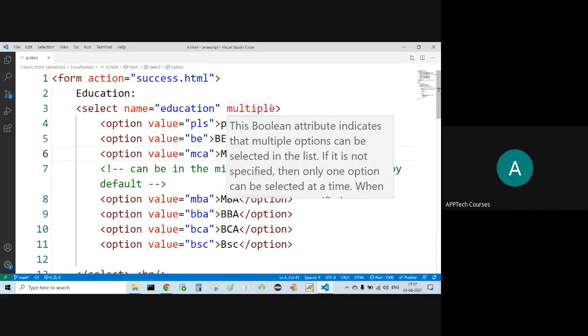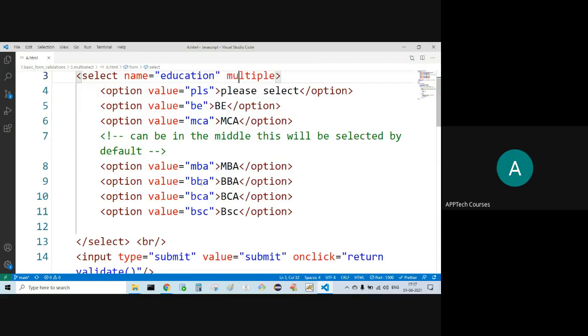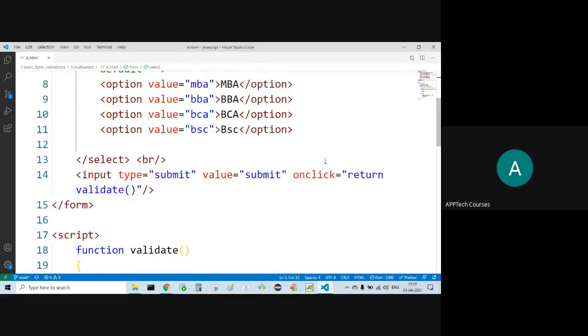Now I am able to select multiple options. The name is education, with options PLS, BE, MCA, MBA, BCA, BSc. All these are options. Now the submit button: if I click on submit, the validate function is called.